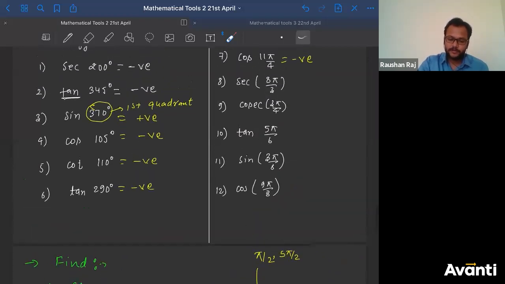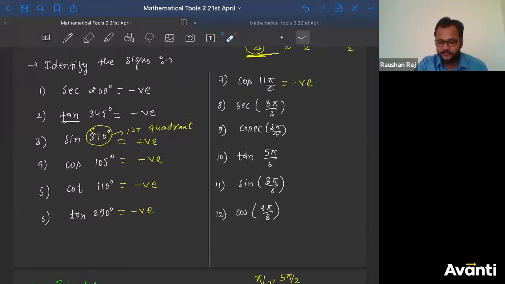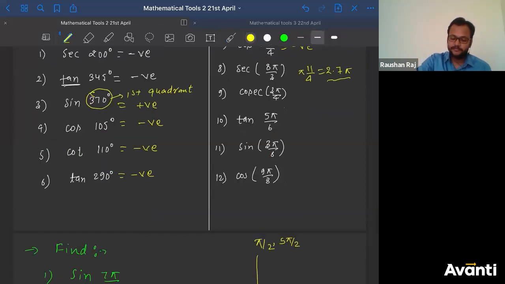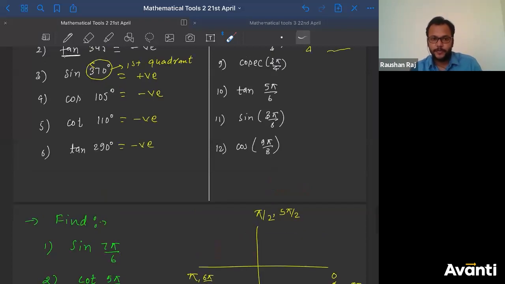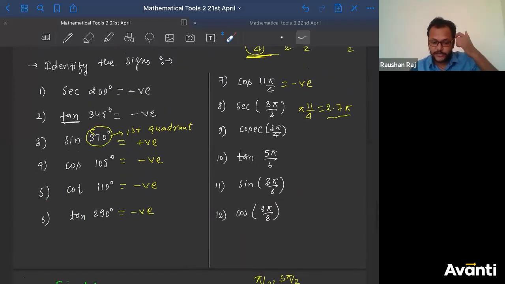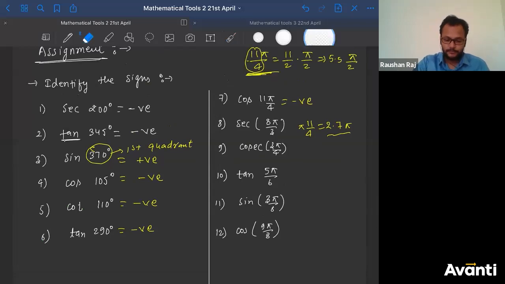Now tell me, what will be the value of 11 by 4? Will it be greater than 2.5 or less than 2.5? So if you are going to find 11 by 4 here, 11 by 4 will be 2.7, approximately 2.7 pi. Okay. So 11 pi by 4 is approximately 2.7 pi. This is 2.5. This value is 2.5 pi. This is 3 pi. 2.7 pi must be in between that. That means second quadrant. Guys, did you understand how I did it? In terms of pi, click yes if you understood it. Okay, thank you. Very good.